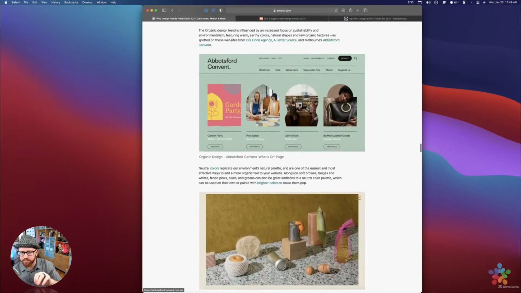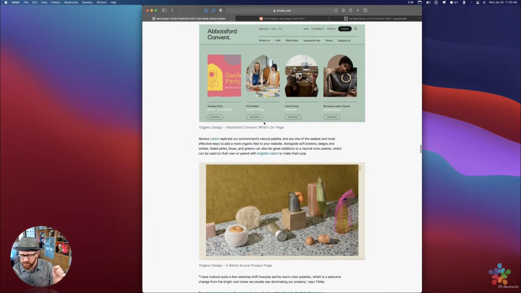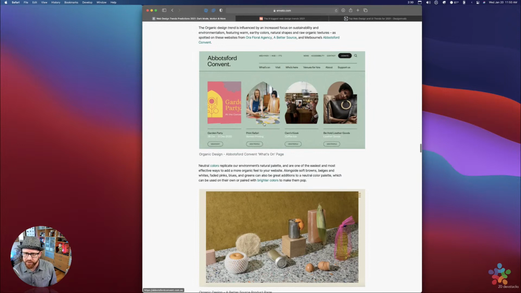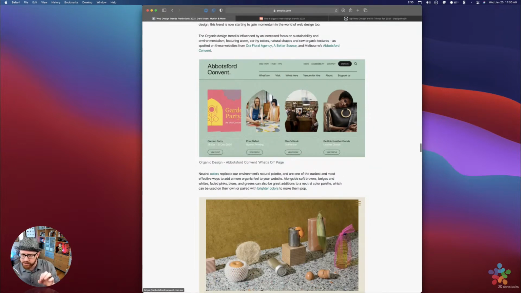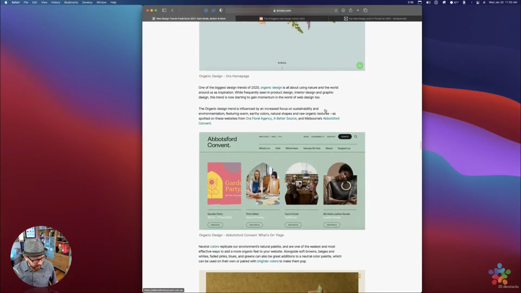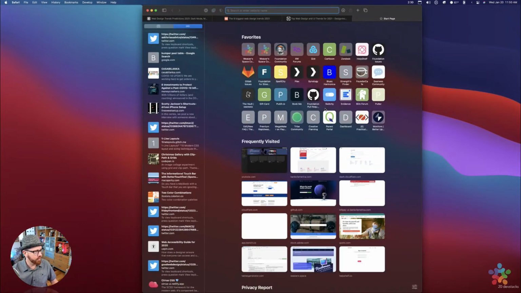It's also using more organic shapes, which is another trend that I think is explicitly called out later on today. As you see, we have these organic shapes that we're applying to our images. Okay, so how can we do some of this stuff? And another thing that I wanted to show was